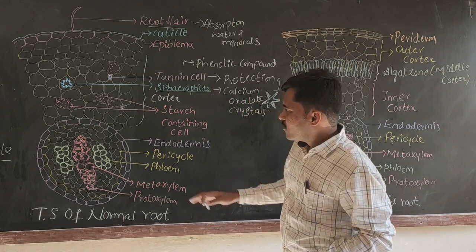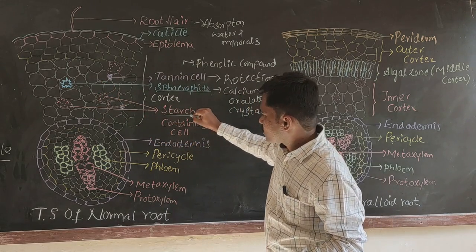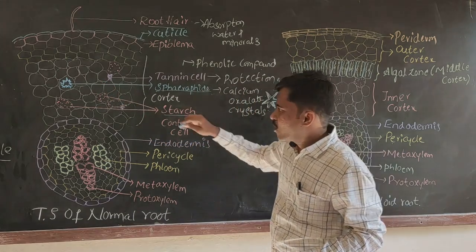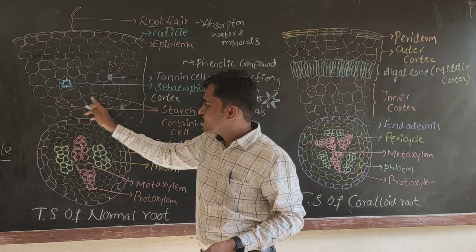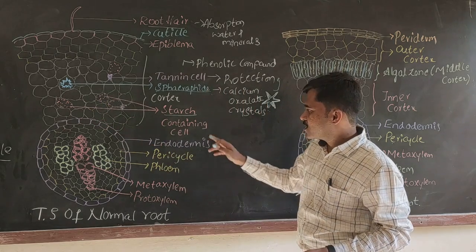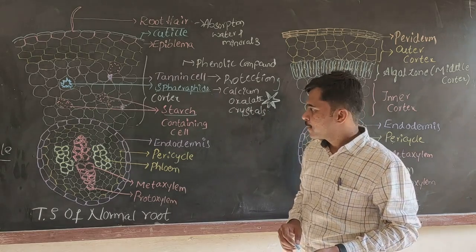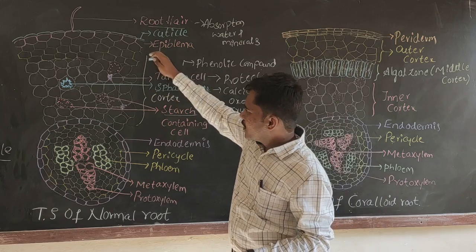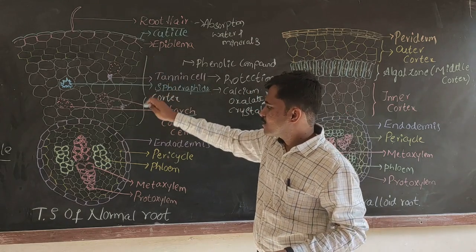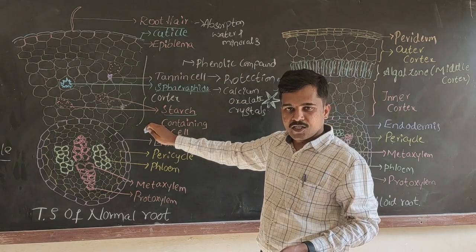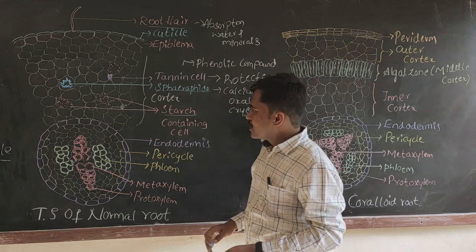Some of the cortical cells also show the deposition of starch. Starch is stored in some of these cells, and this starch acts as a reserve material. So this is about the cortical region. The cortical region is mainly made up of loosely arranged polygonal shaped cells, and some of the